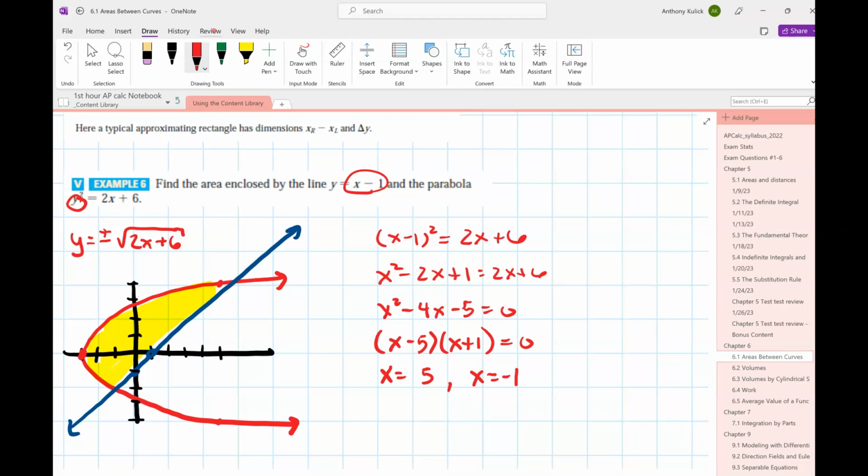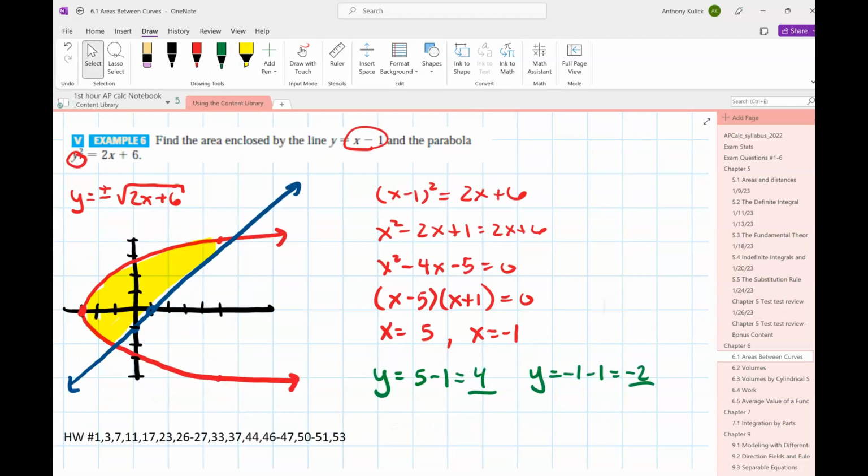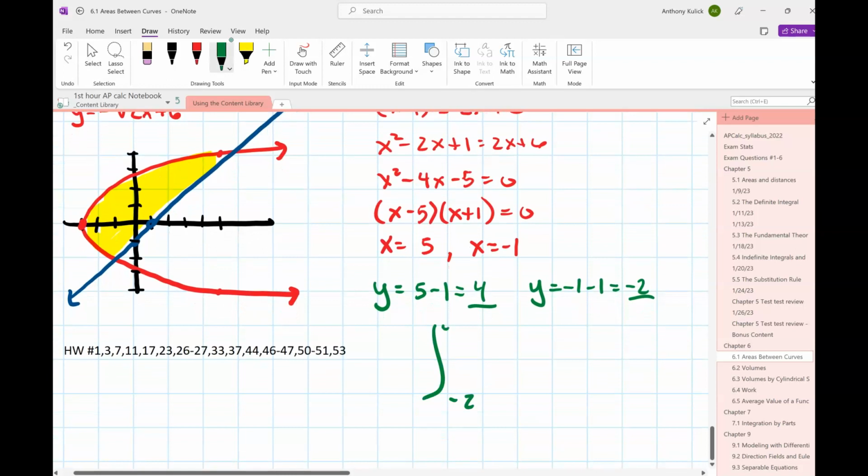What's the problem here, though? If I try to integrate with respect to x, what's my problem? If I start at x equals -1, that's not right. Oh, what do I want here? So we're going to integrate with respect to y's,